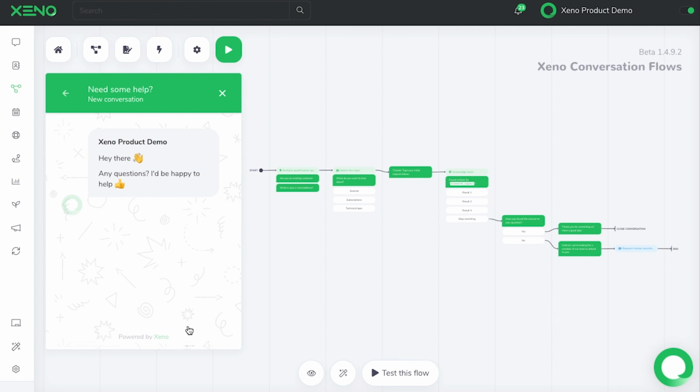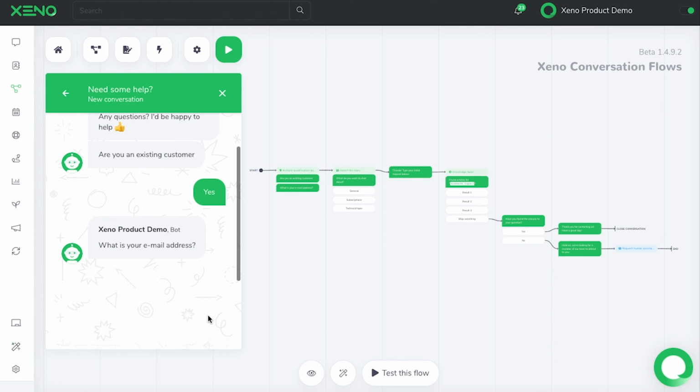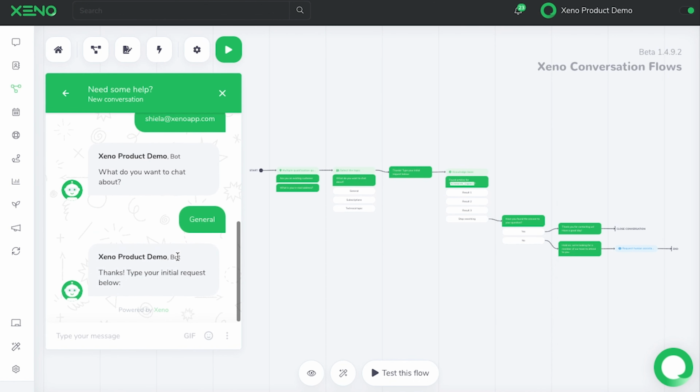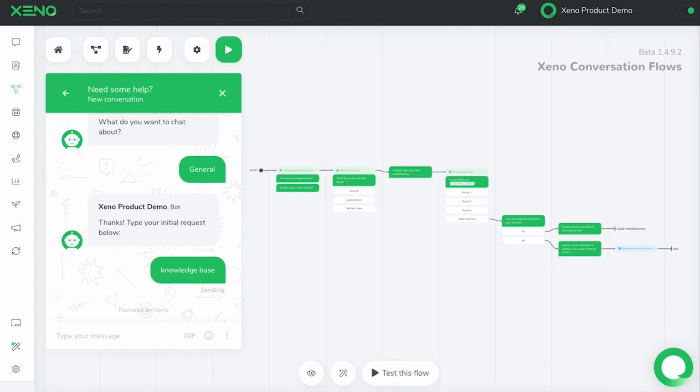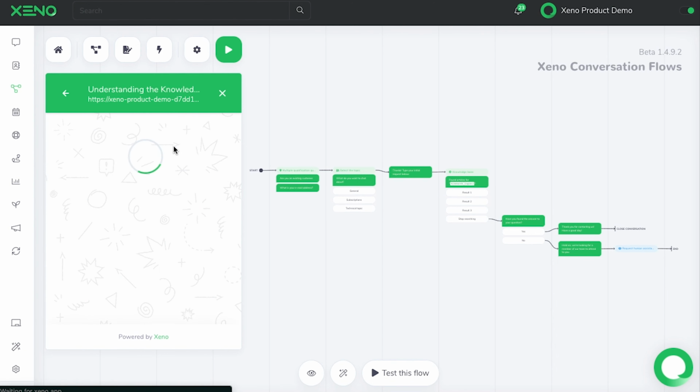You can customize the way your messages are sent and how actions are triggered. For this tutorial, I'm going to show you a simple use case scenario, one that could be of great help to customer-facing organizations like yours. So with this flow, what will happen is that you let them type their question, and based on keywords from their question, the Zenobot will automatically search knowledge-based posts that could help them.